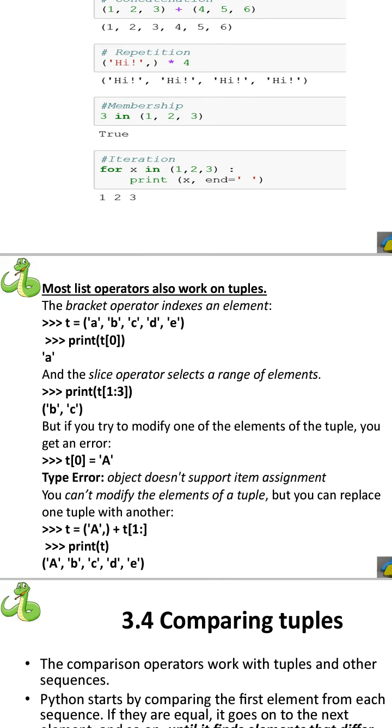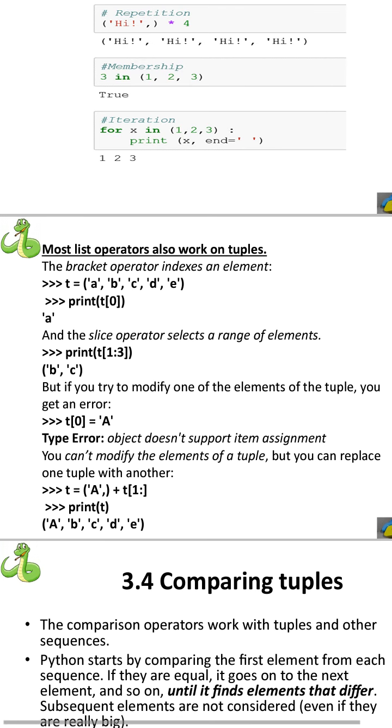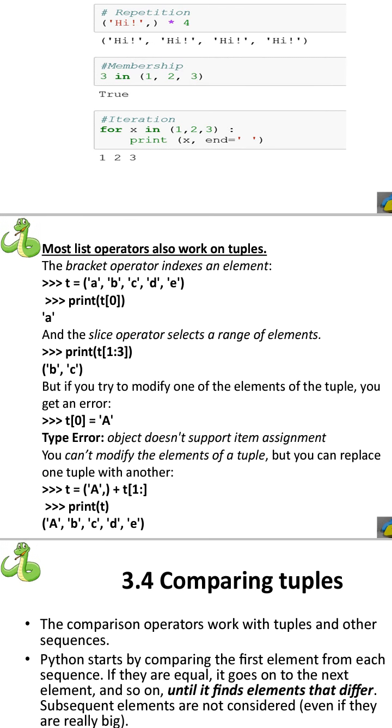Suppose my tuple again has 3 elements with values 1, 2, 3 and I want to print them, or traverse each tuple element using a for loop. We can say for x in the tuple 1, 2, 3, then I am using a print statement to output the tuple element values on the output console.